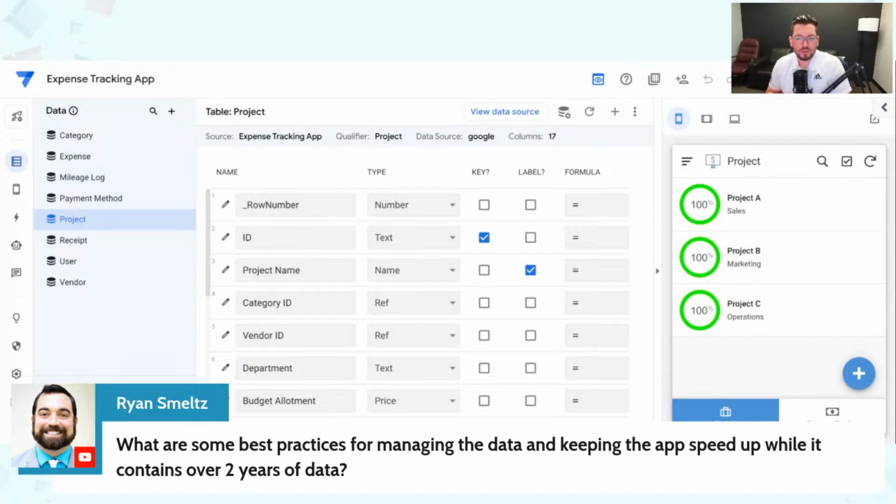the data and keeping the app speed up while it contains over 2 years of data? This is another great question. Performance is always kind of the bottleneck as your app starts to grow and expand. And so the easiest way to resolve this is moving from Google Sheets to a SQL database. That is going to require the enterprise plan, at least standard, if you're connecting an advanced data source. And so that is something to keep in mind, but it will help with performance, as you probably have slices